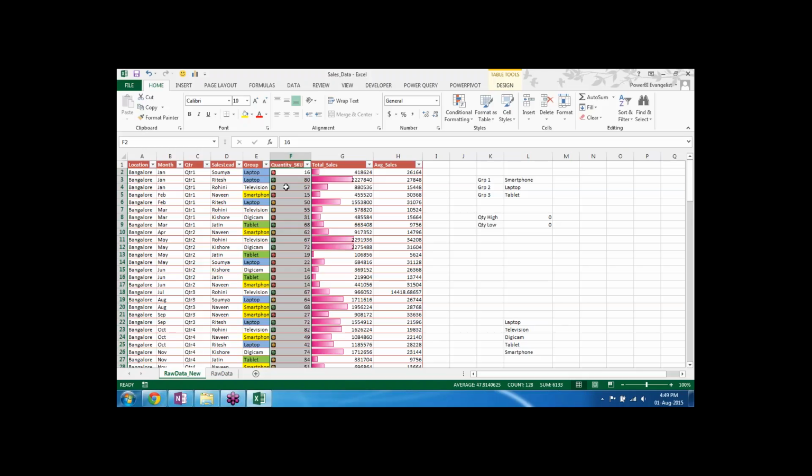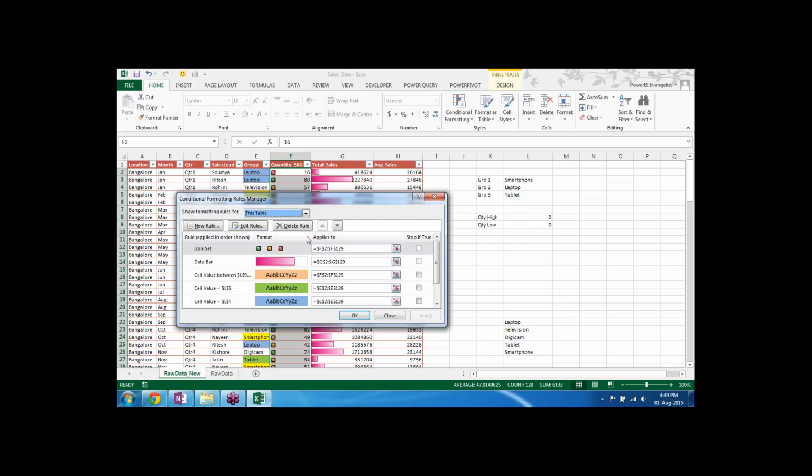So let's take an example that we want that till 50% it should be red, and only above 50%, so it should be from 50 to 75 should be amber, and 75 to 100% should be green. So to change those things, which is also possible, we can highlight the entire data, go to conditional formatting, and there's an option called manage rules. So manage rules is actually a place, we call it the rule manager. So the rule manager actually allows you to